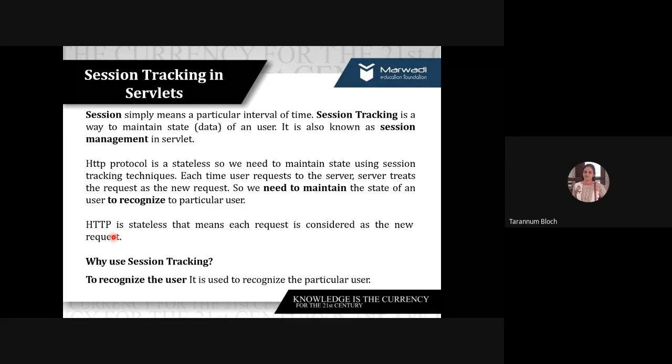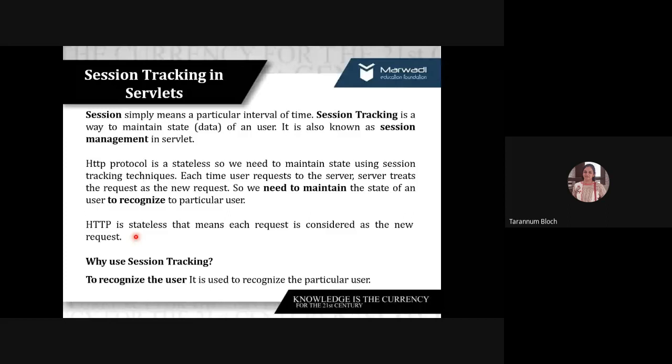But actually, to go to your inbox, you should have some identity, a user identity, over the server, right? Are you getting the point? What I'm saying is each request is a new request. So first you're logging in to your Google. When you're logging in, your login will be checked. And when your login is checked and you are valid, your server forgets who you are.